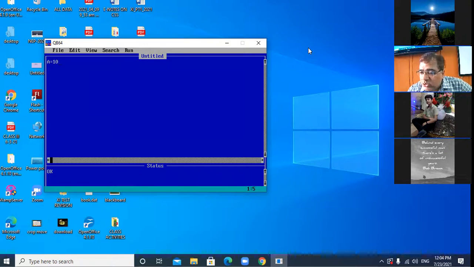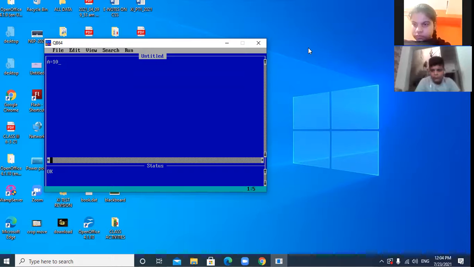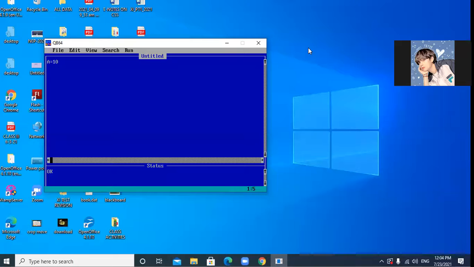How many have understood the concept? Raise your thumb. Okay, who will explain the meaning of this line? What do you mean by X equal to 40?